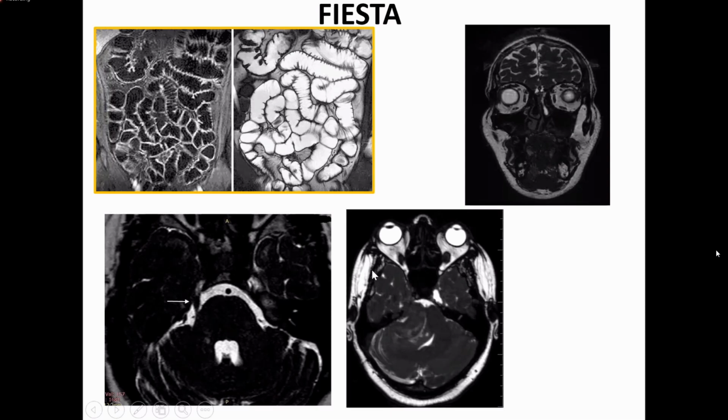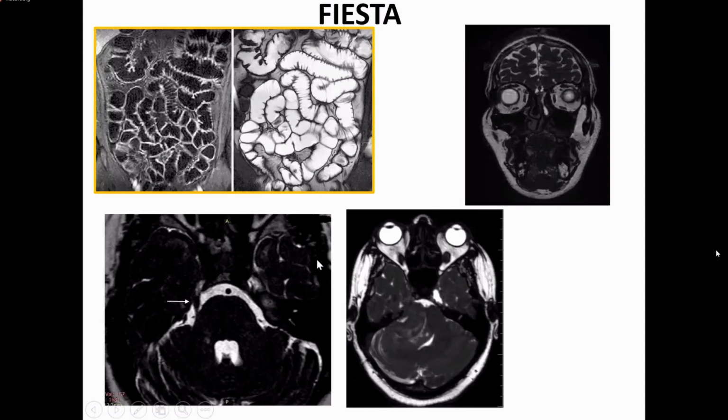For example, in the brain, you have a patient with seizures and they have given contrast and you're seeing ring-enhancing lesions. The consultant wants to differentiate between a tuberculoma and neurocysticercosis. So if you do a FIESTA, you will be able to show the scolex within the lesion, which favors the diagnosis of NCC.